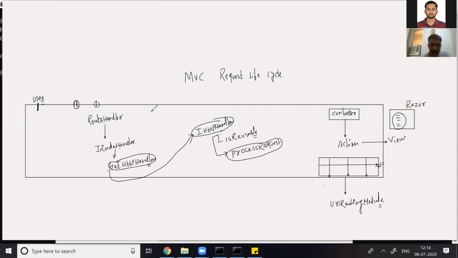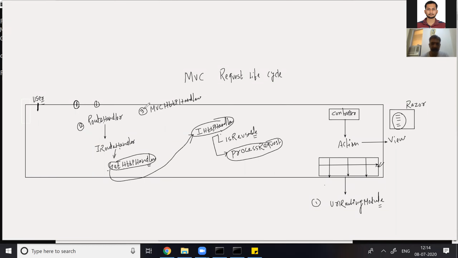It is MVC HttpHandler. One, the URL routing module. Second, the route handler. Then the MVC handler.